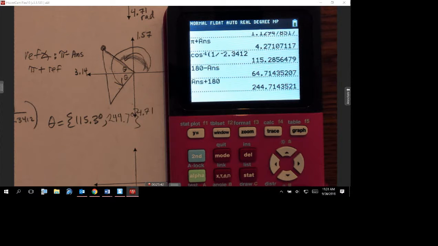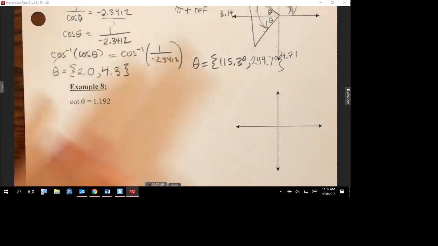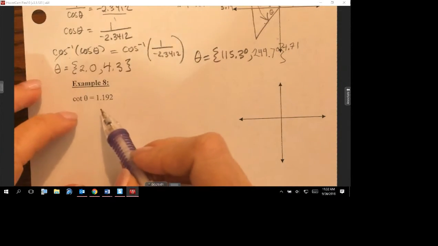Okay, the last one, I actually want to change the last one. So sorry if you started doing it already. But there's some questions on your assignment that aren't in this review, and I want to make sure that we do one like the ones in your assignment. So let's do